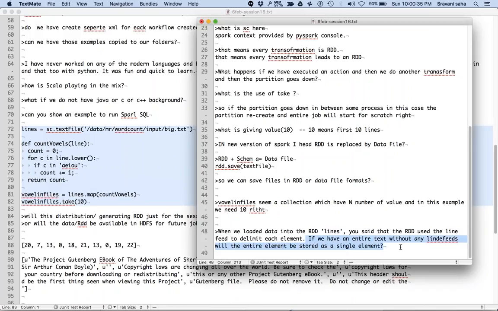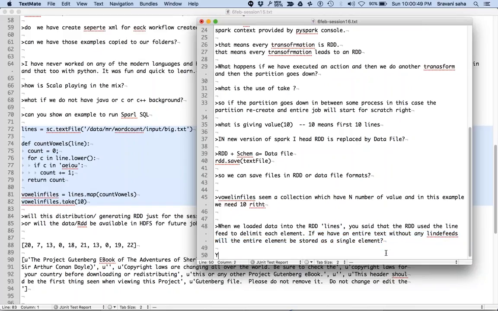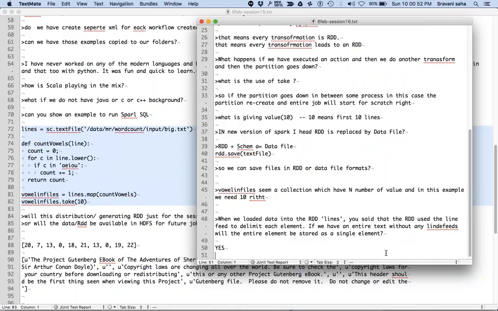A further question from Suraj: if there is no new line or line feed in the entire text, will the whole text be loaded into one single element? Brilliant question. Yes. This is one of the causes of concern whenever you do distributed programming.